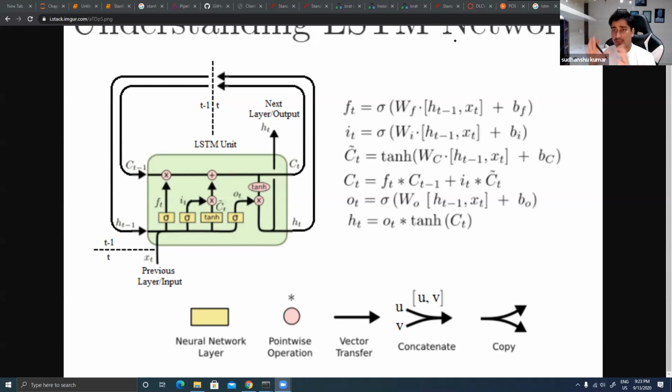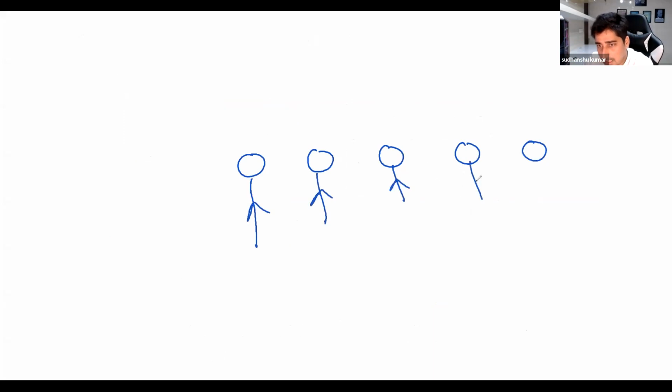Now, if I'm training on this word hello, it is possible that I can create this model to take multiple inputs: H, E, L, L, and then an end of sentence or end of token, which I can represent.